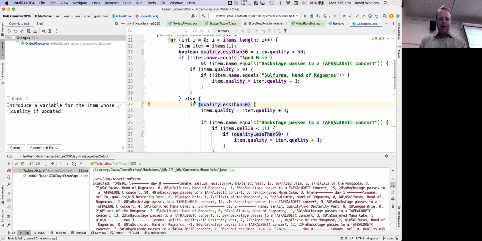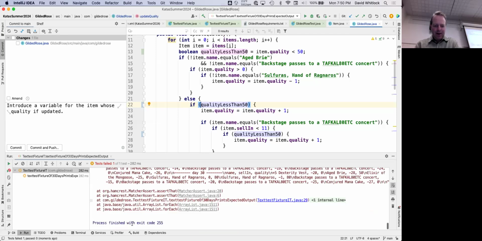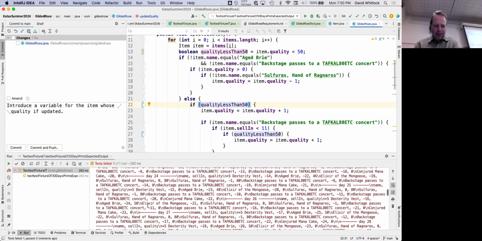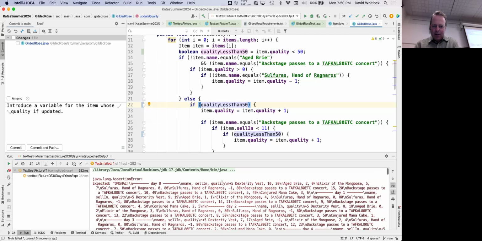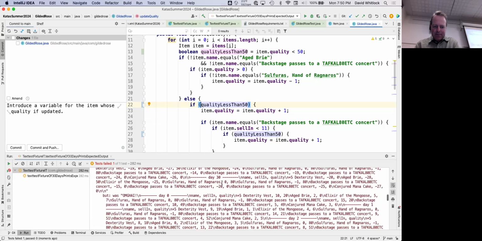But yeah, let's... oops, whoa, that broke something. What? Well, that's weird. Can I not get a text comparison nicely? Well, maybe it's too big to do a text comparison.